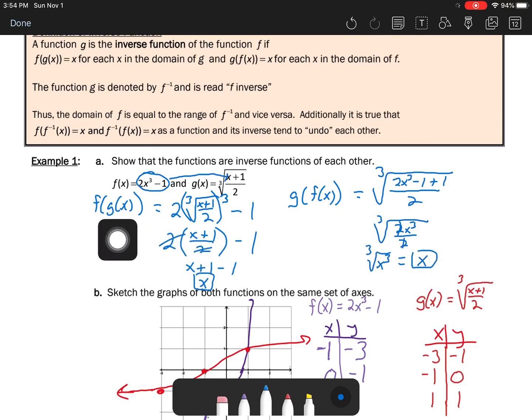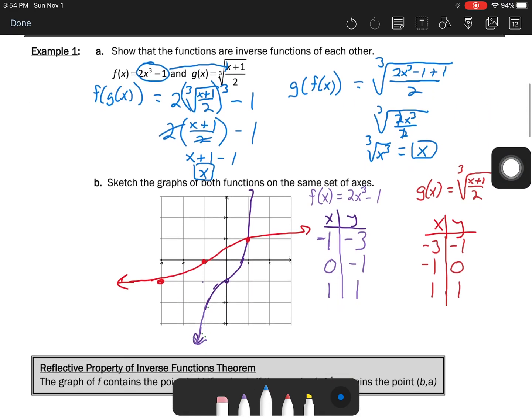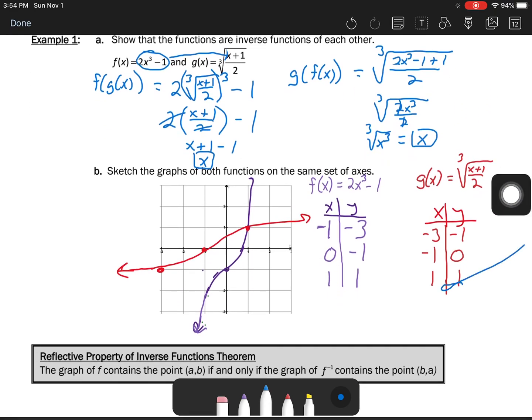So we just need to find f of g of x and g of f of x, and show the algebra that brings them down to x for each of those. Okay, so that's your algebraic test there. All right, and then another characteristic